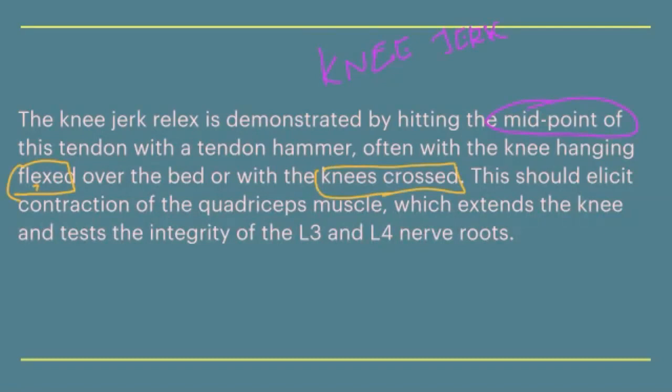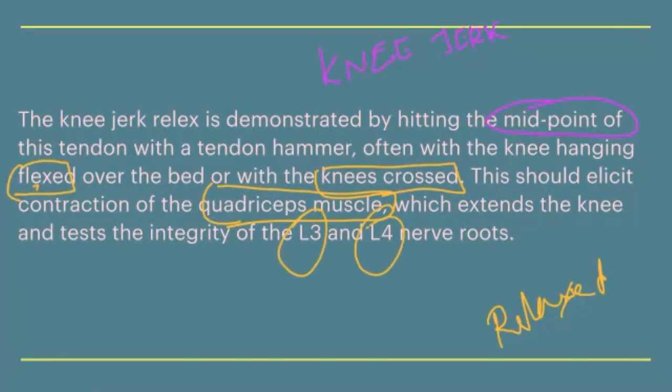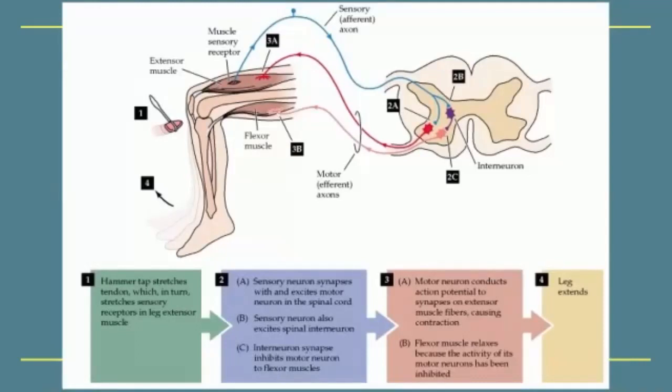So the leg must be relaxed. This should elicit contraction of the quadriceps muscle, because when we tap on the patellar tendon, the patella itself is in the quadriceps muscle, which extends the knee and tests the integrity of the L3 and L4 nerves. We have already seen this in the anatomy lab, and this is the tapping of the patellar tendon, and the muscle receptors in the quadriceps receive it and transfer this to the